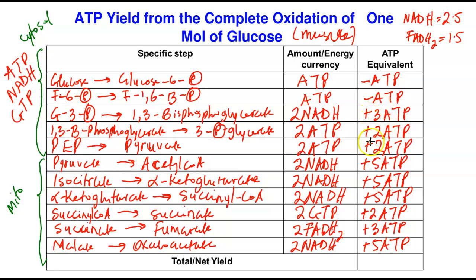Now, if you add all these things together, it's going to give you 32. 32 minus 2, we're going to have a net of 30. So the complete oxidation of glucose in the muscle tissue using that first transporter will generate 30 moles of ATP. If we were to do this with the kidney,